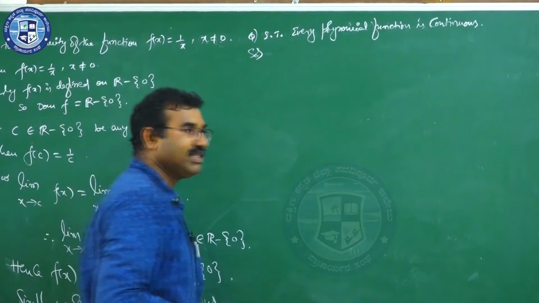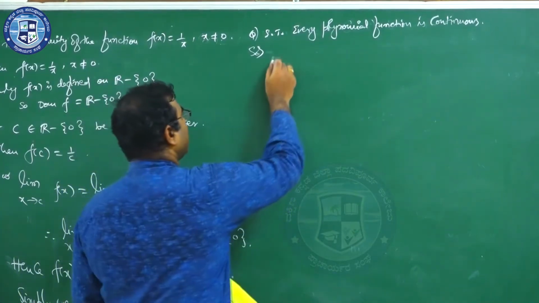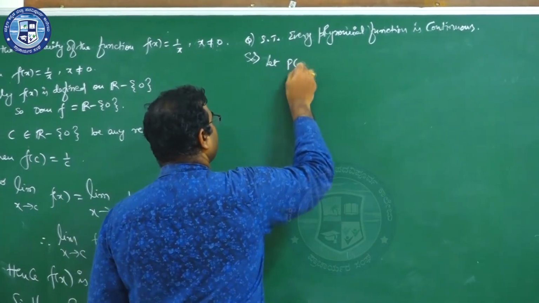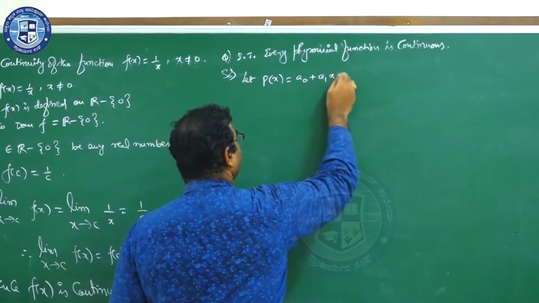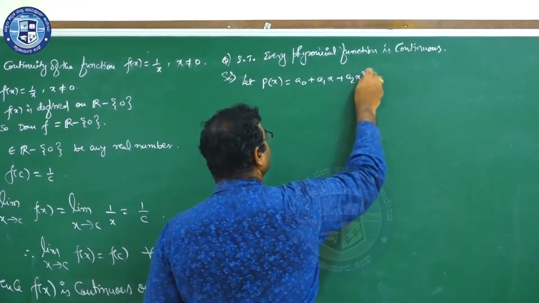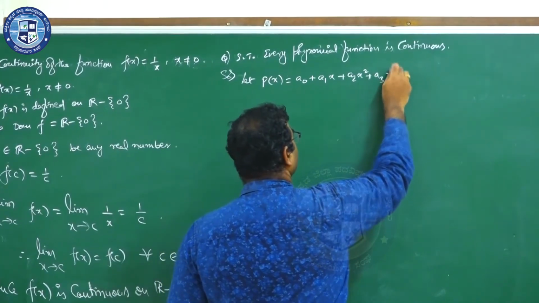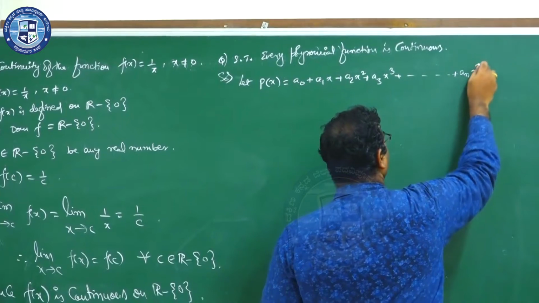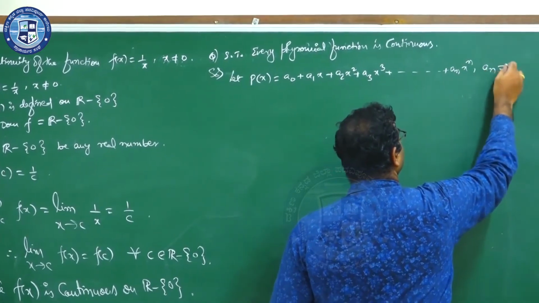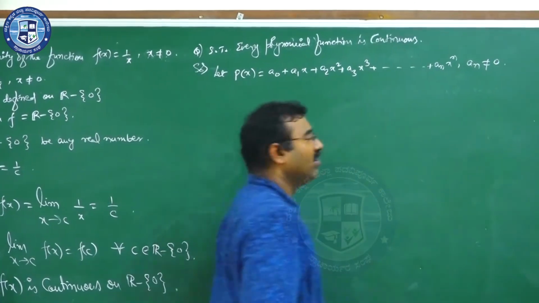So we all know what a polynomial function is. Let p(x) = a0 + a1x + a2x² + a3x³ + and so on, an xⁿ, an not equal to 0,